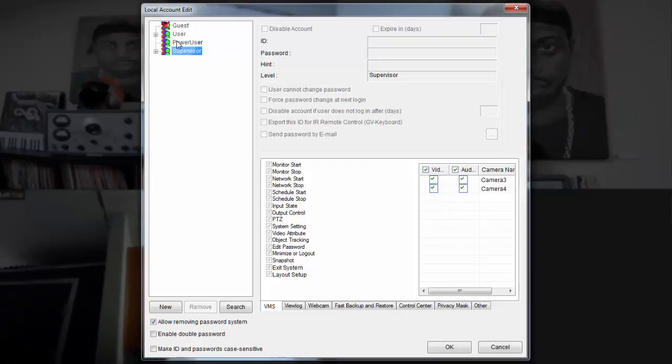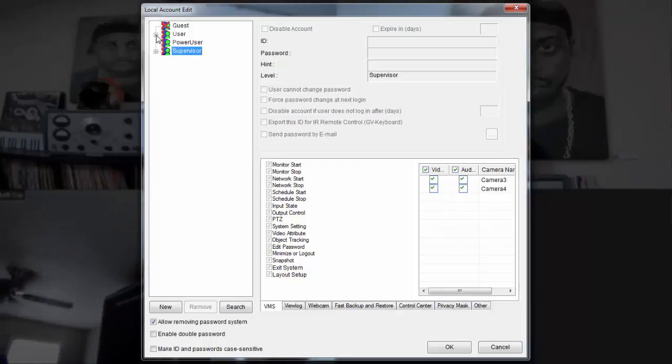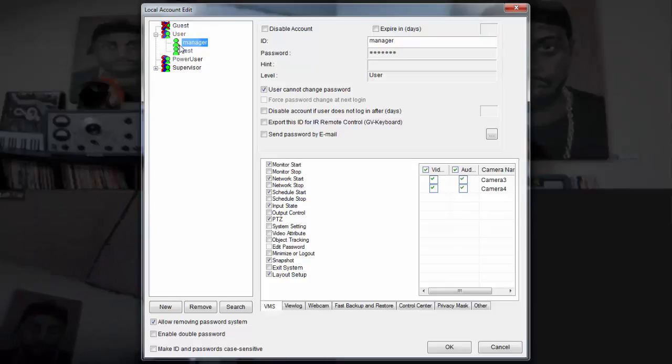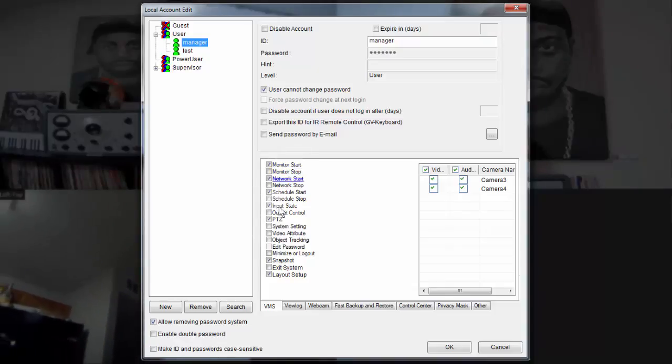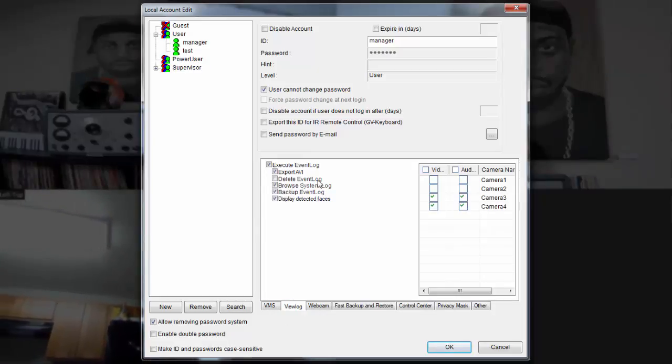When you get a system that comes from us here at Quality Business Machines, we usually set up a standard manager user under the user authority, as you can see right here. And that's the default user it'll fall back to if you leave the system idle. Basically, the manager user we have set up will allow your employees or whoever's using the system to navigate GeoVision. They can live view the cameras and watch some playback, but we do not give them the authority to exit the system or monitor stop, which is stop recording. They can't go into the view log or the replay of video and delete anything from the event log or